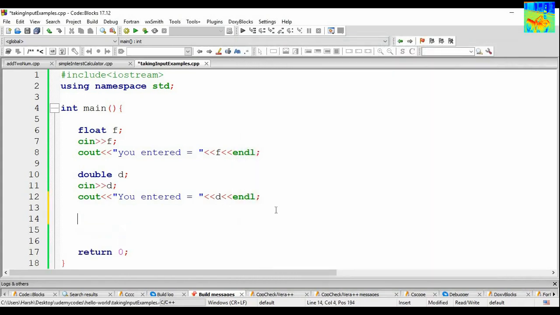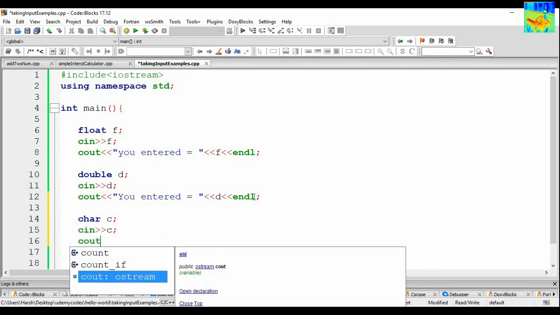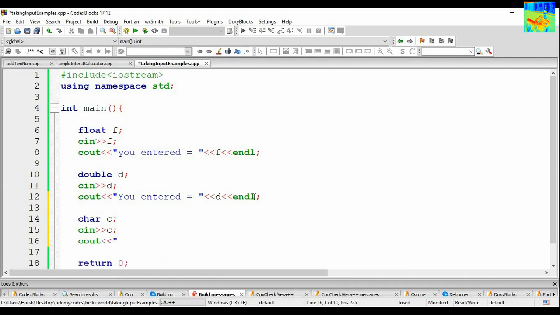Now let us learn how to take a character as an input. Char c, cin c, cout you entered c and then end line.